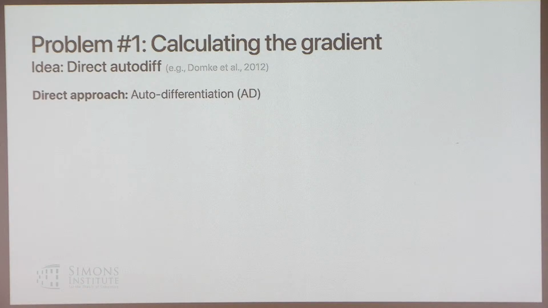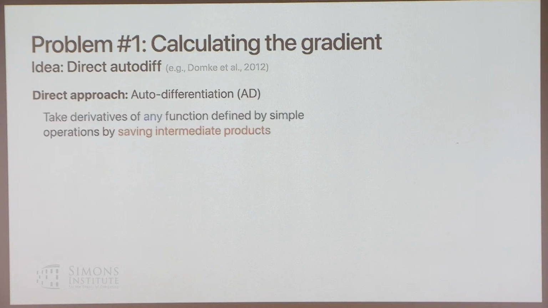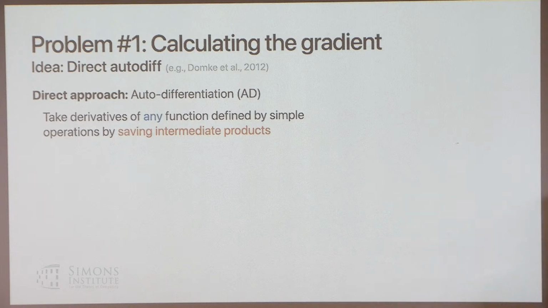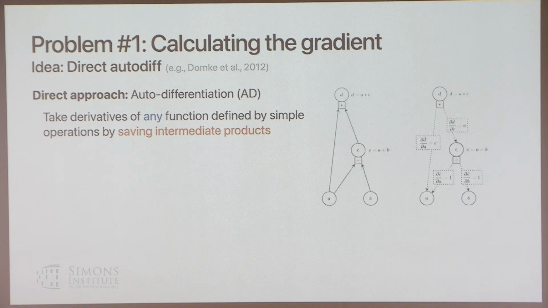OK. So what would be the dumbest, most straightforward way to try to compute a metagradient? I'd argue it would probably be to just use automatic differentiation. Automatic differentiation is a really nice tool that lets us take the derivatives of any function that's defined as a composite function of a bunch of smaller operations. So if I define some compute graph and I apply some operations one after the other, automatic differentiation basically lets me take the gradient of the final one of these with respect to other variables in the optimization.